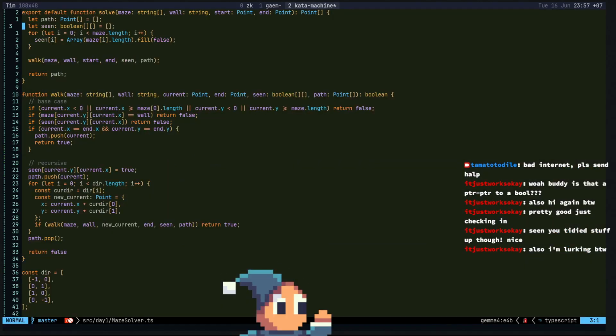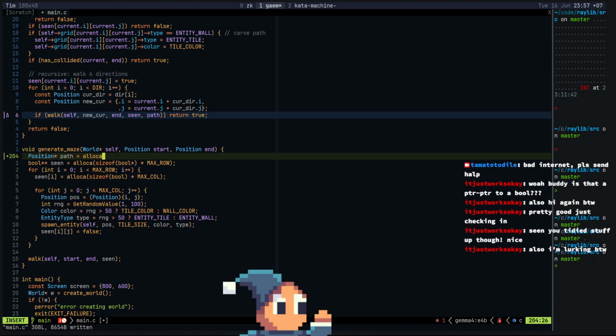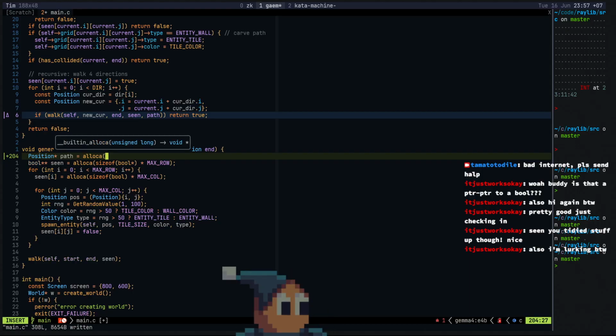We'll just allocate it. Path. Nope. This should. Path. Oh, I don't know how big it should be. Okay, let's just say, I don't know.